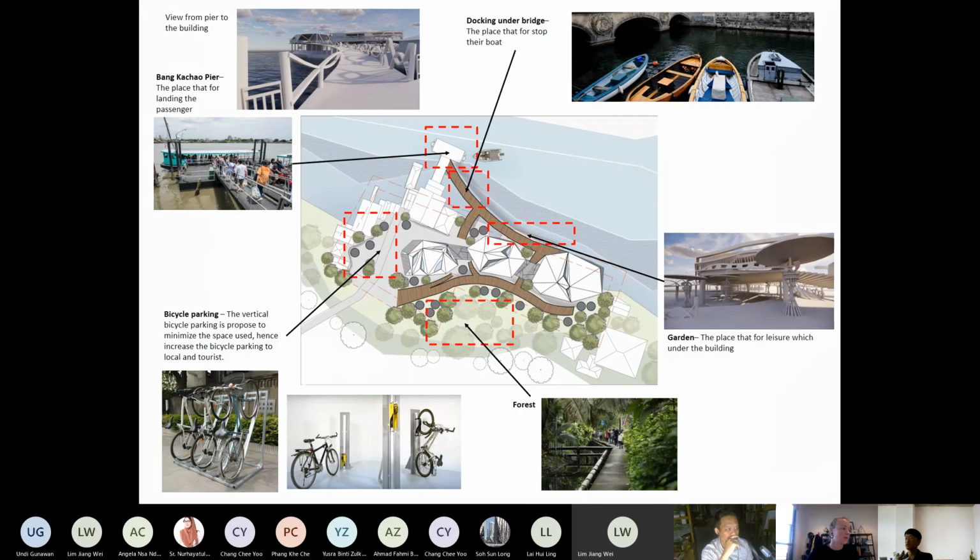These are the activities that will be done: the pier, the tourist landing space, and the docking under the bridge, where locals can put their boats, and then the garden, the forest near the site, and the bicycle parking. That is the exterior activity.